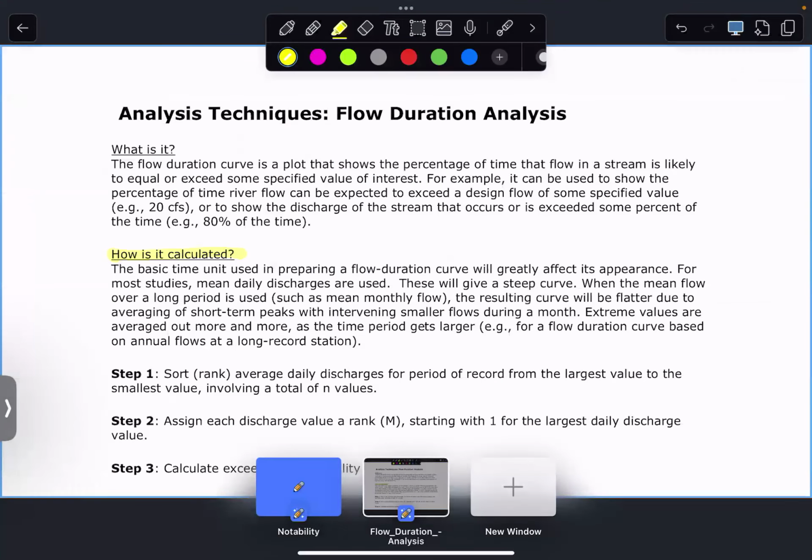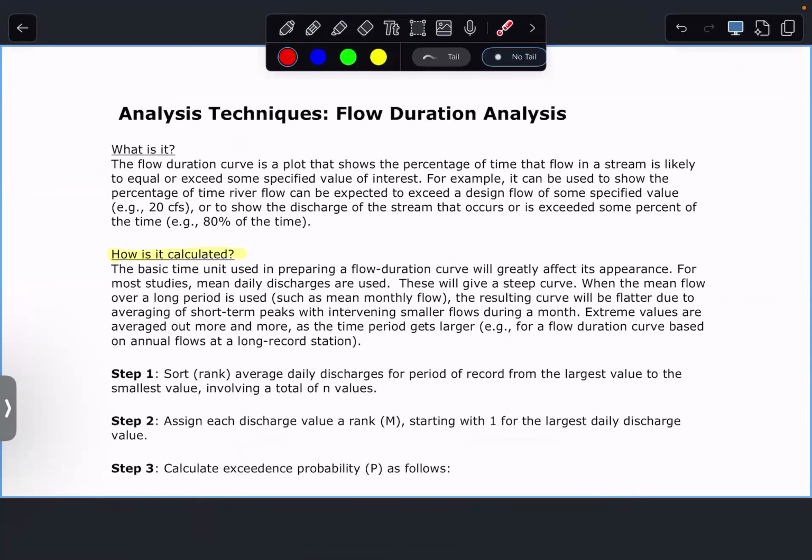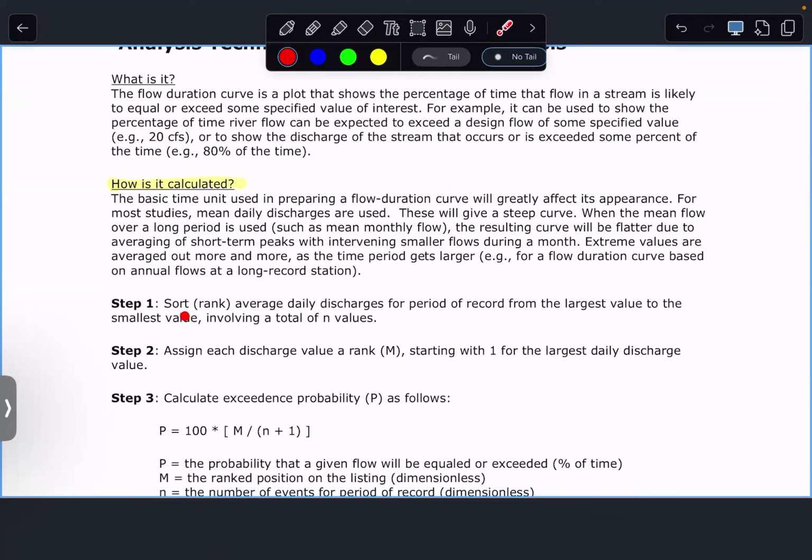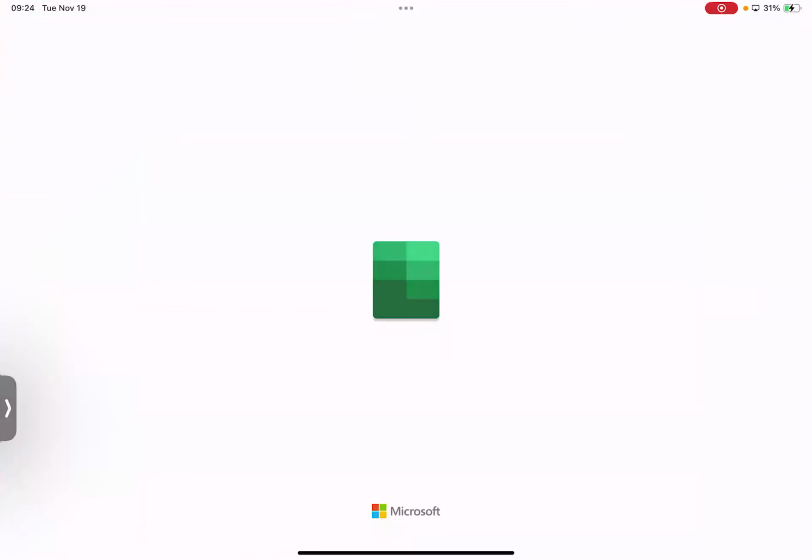Now, step number one is you're going to sort or rank. They're kind of the same, but you're going to sort the flow amounts from the largest value to the smallest value. And you'll have a total of n measurements. So in this case, if we go back here,